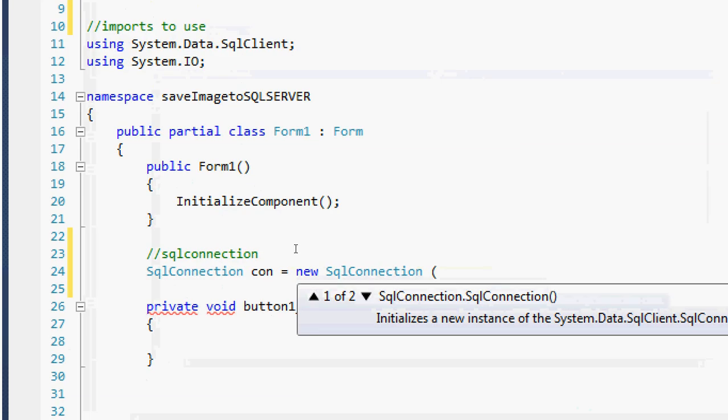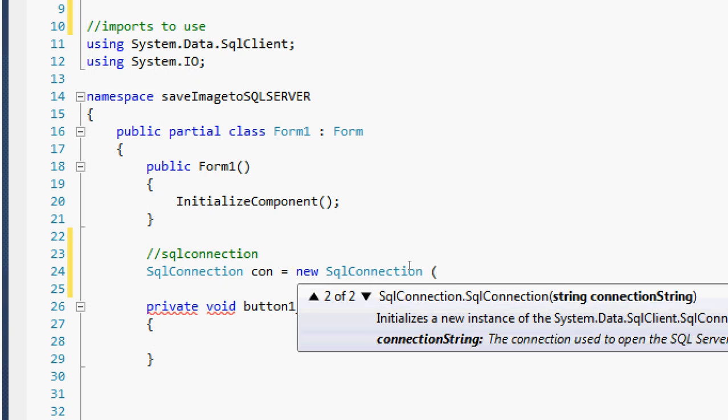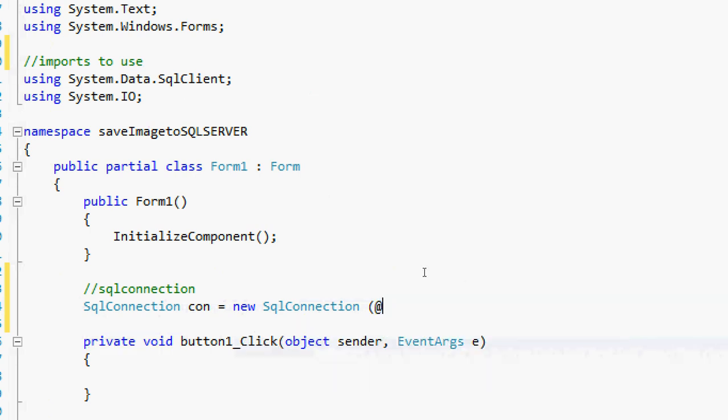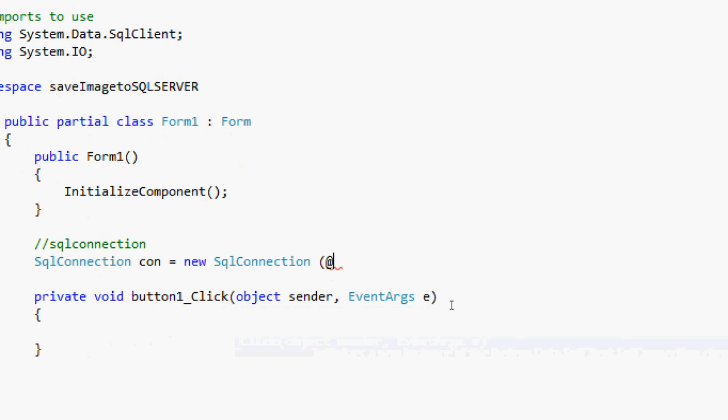As you can see here, guys, it says 1 of 2, but if I press the scroll down button, I can already specify the connection string. So I'm just going to specify the connection string in it already. This one will be Data Source equals dot, or dot comma,